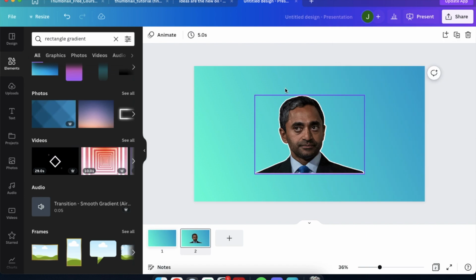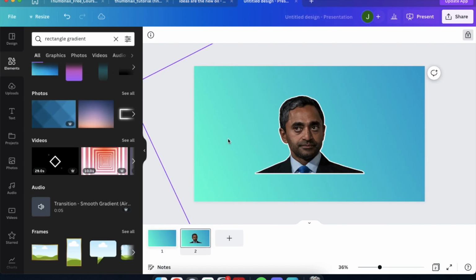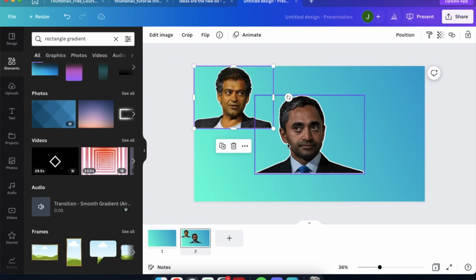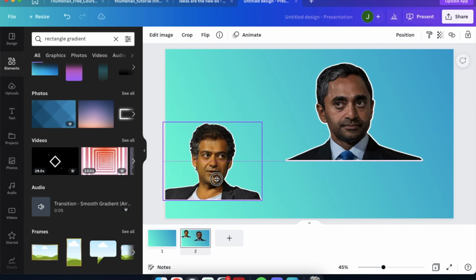Okay, so after this, you apply exactly the same steps as we did with the Chamath picture to the picture of Naval Ravikant, and you should get essentially the same thing. Because the steps are exactly the same, I'm just going to copy this picture and paste it here. So what I'm going to do now